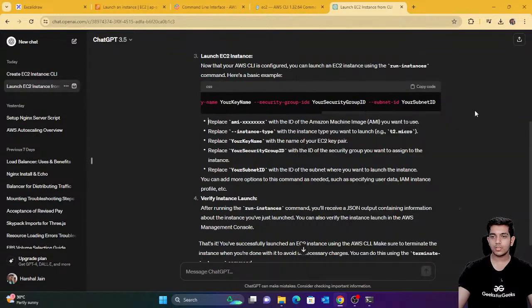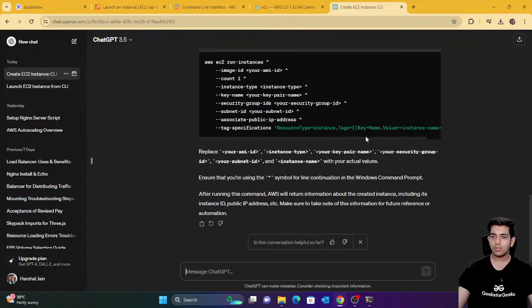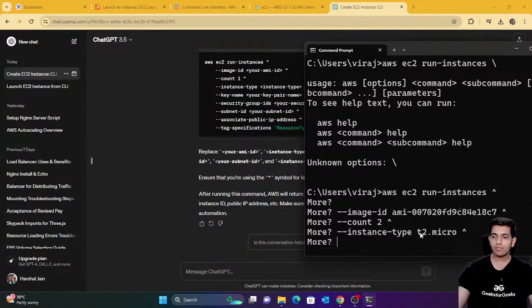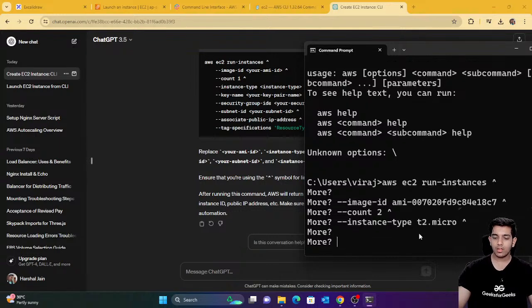After that you have more options, your group ID and your subnet ID. If you don't write these things, that's totally fine. You can skip that part. Automatically the default subnet ID, the default address, would be given. Now after giving this much, if I hit enter and